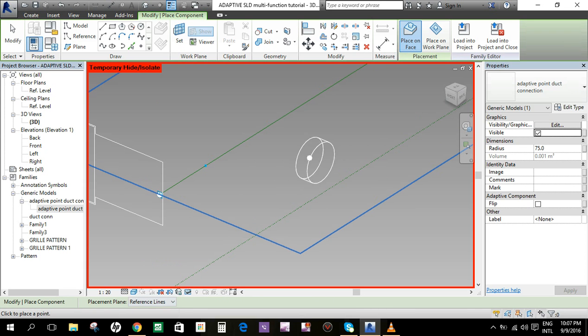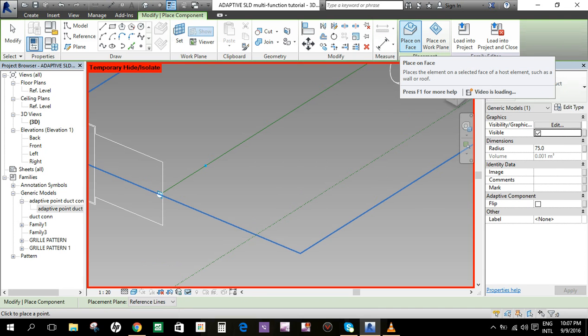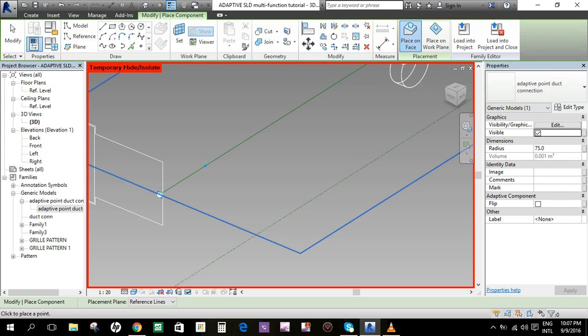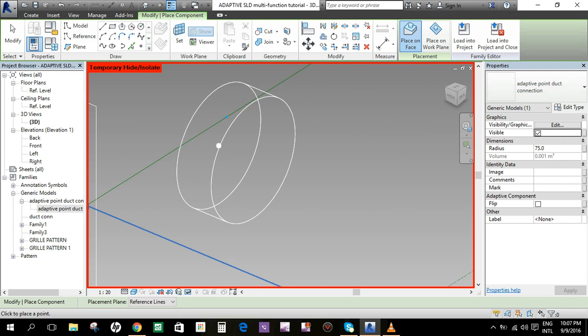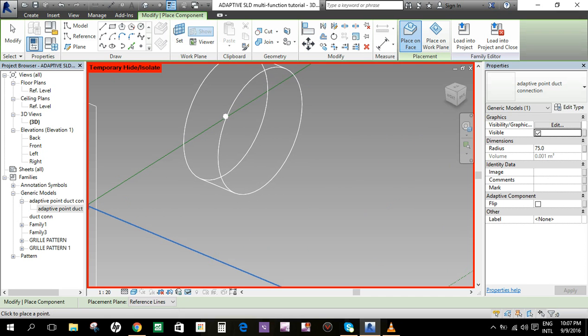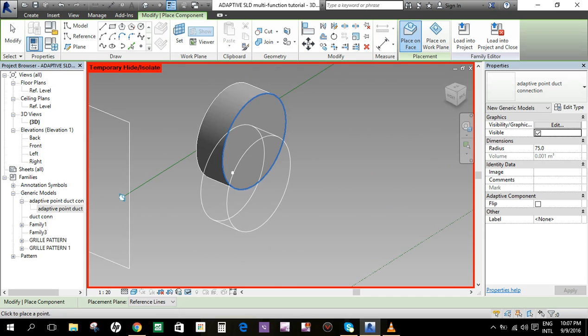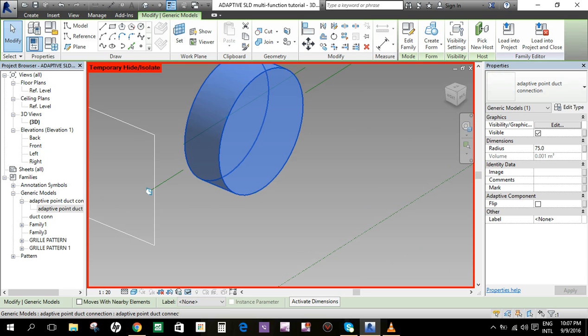We select here place on face. Before, we selected maybe place on work plane. So you select the place on face placement. Again, we double check if it is highlighted. Okay, now it's highlighted. Check again.